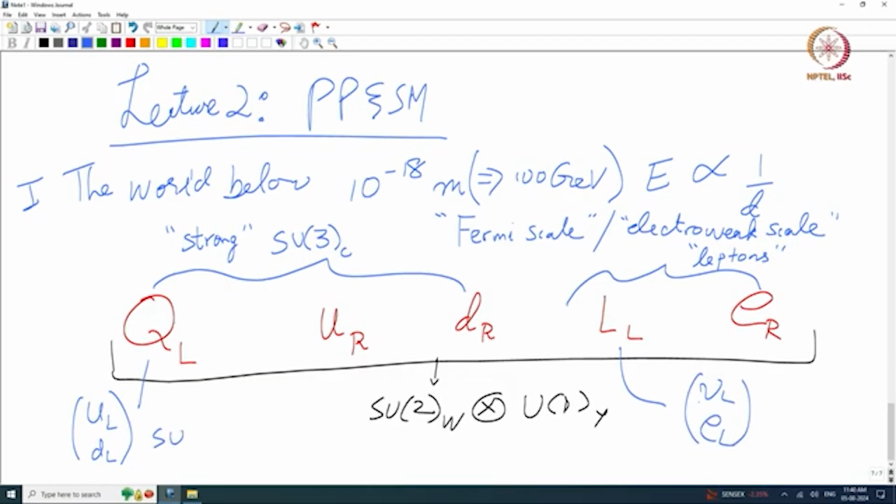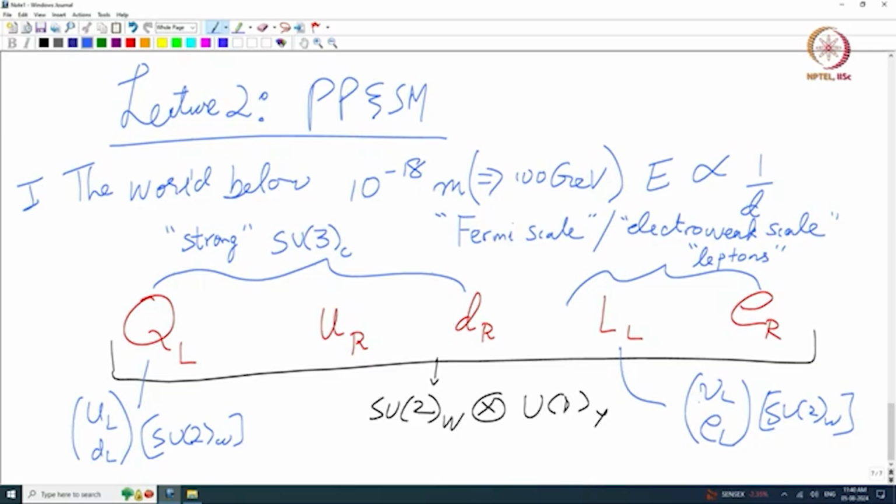So, only these are actually charged under the weak SU2, okay. So, it is this interplay of all these symmetries and what fields transform under what that